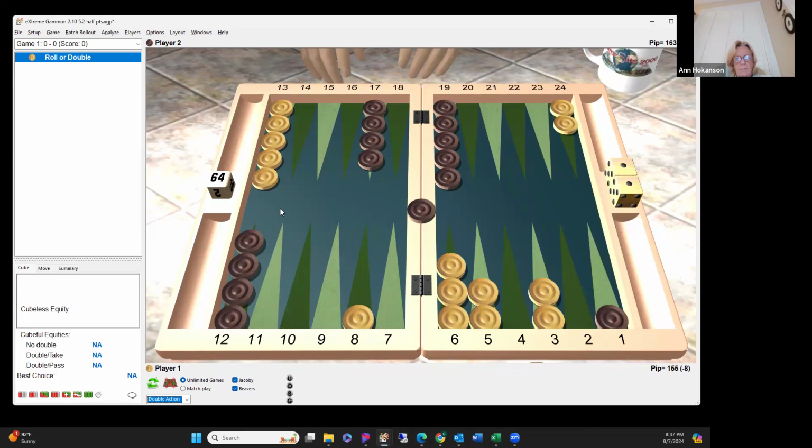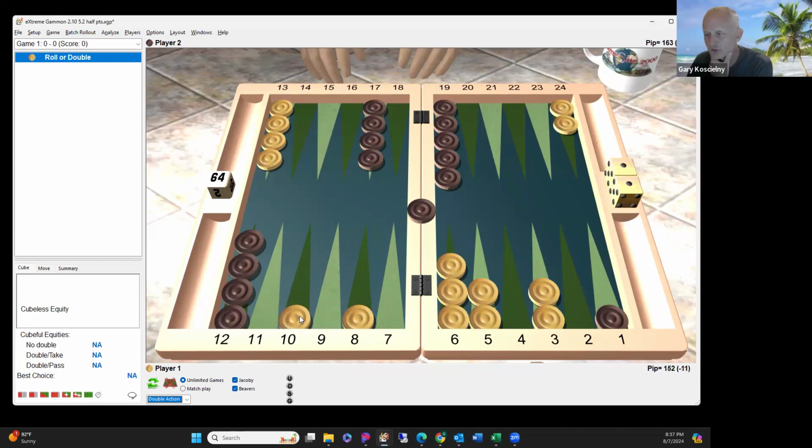Okay. Yeah, well, also the race jumps exponentially when you bring another checker into the area. If you bring another checker down here, now you've gone